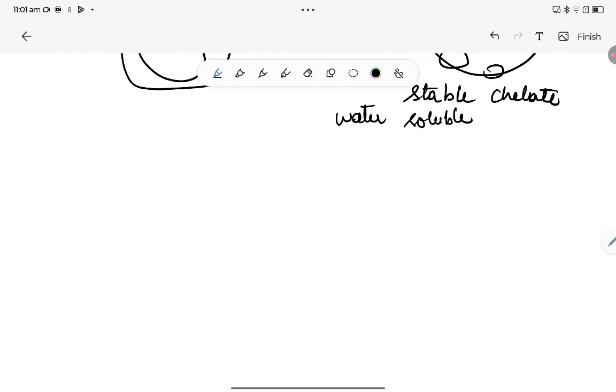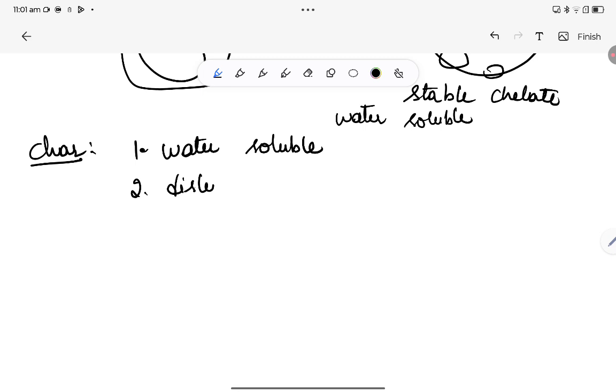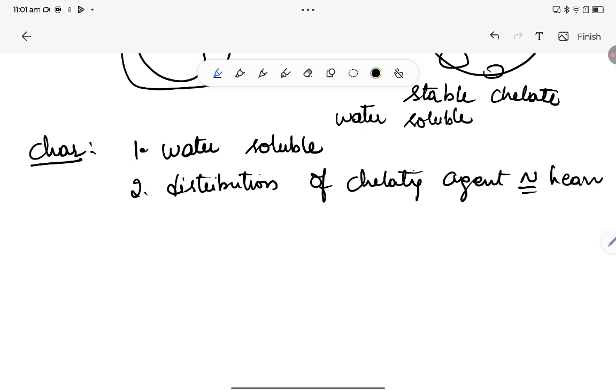With this background, let us see the characteristics of chelating agents. Most important characteristic of a chelating agent is it must be water soluble so that excretion through kidney becomes easy. Second thing, the distribution of the chelating agent should be similar to the heavy metal which has to be chelated, and most importantly it must have less or no affinity for calcium present in our body,